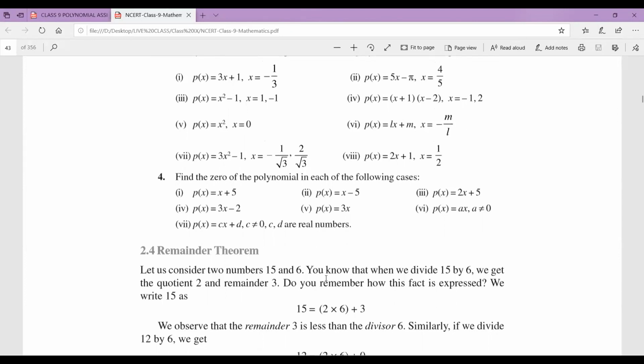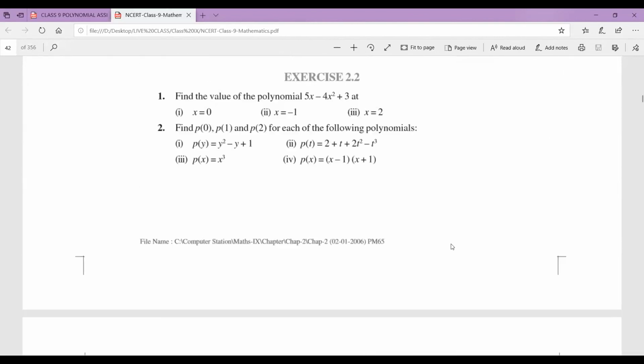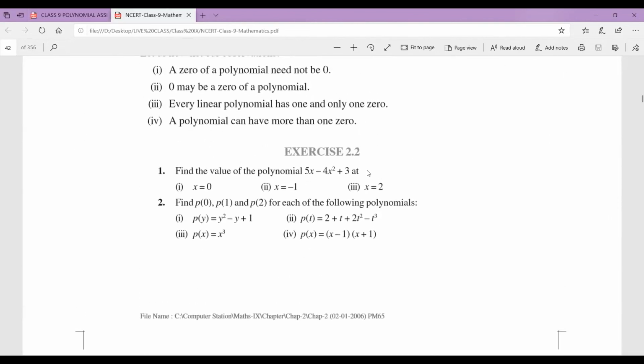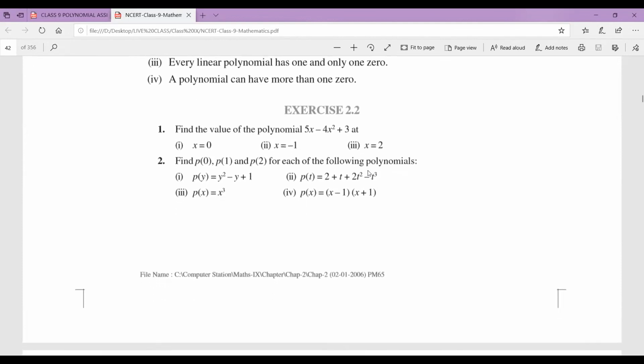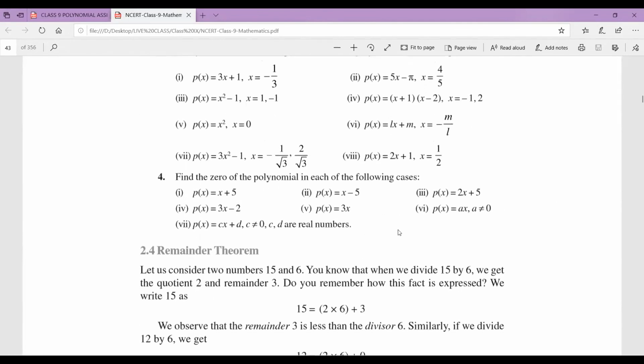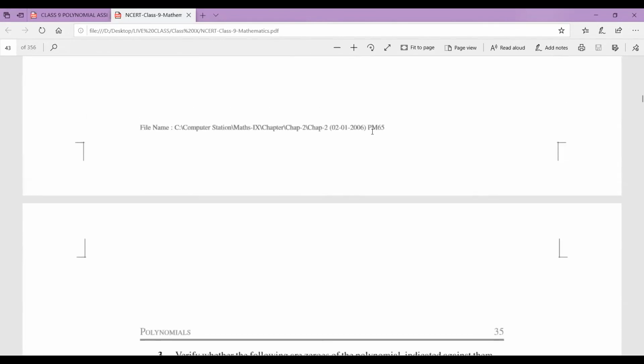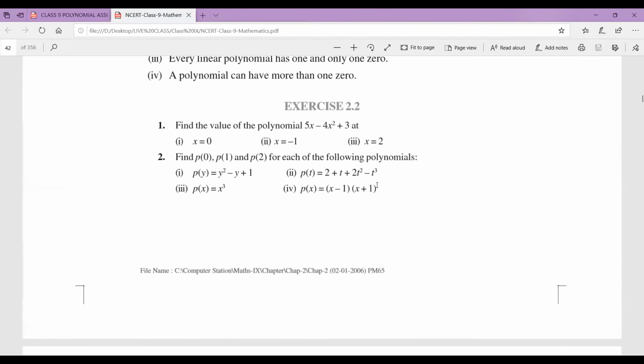So we have completed till exercise 2.2. Anyone have any doubt till this exercise? Because this will be your homework, to complete the exercise. If any doubt comes, then we can discuss in the next class. If anyone has a doubt in the concept, you can ask right now.